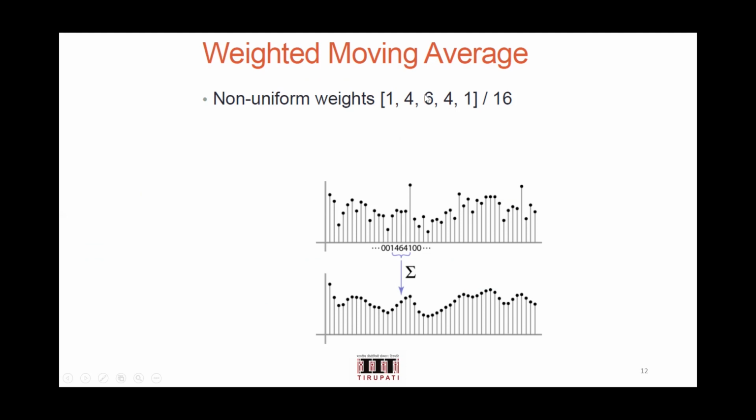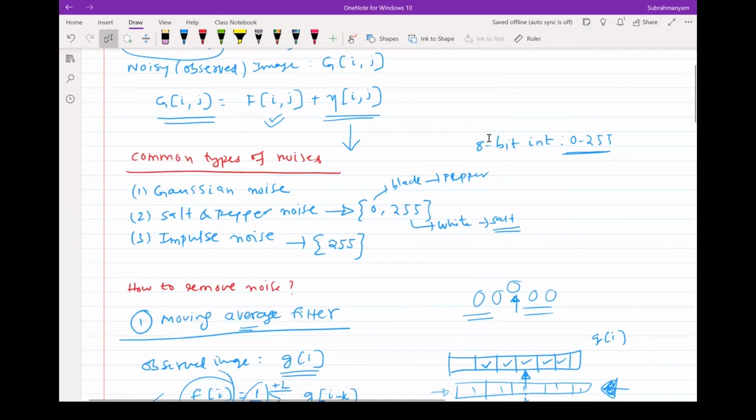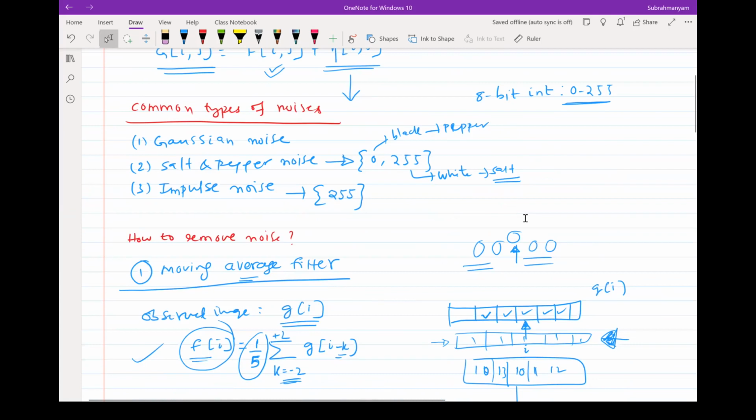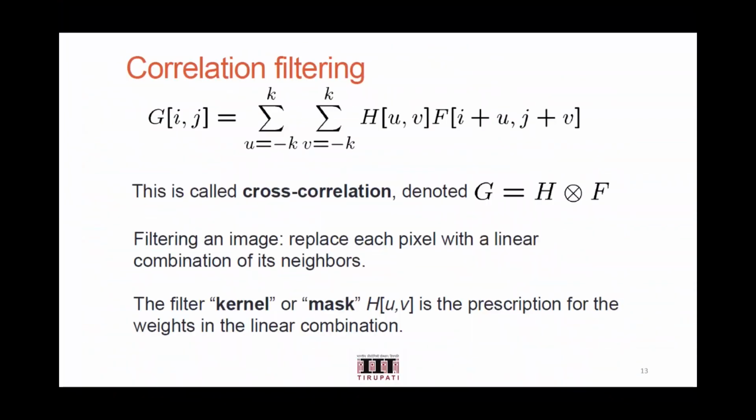Okay, so when you are summing up and computing the value at this particular location, you are giving more weight to the pixel which is right away at the center of your kernel. Give relatively less weight, and even relatively less weight as you move away from the center. Okay, and this is something you could refer to as non-uniform weights. And now you could notice that your mask could be, for example, 1 by 16, 4 by 16, 6 by 16, 4 by 16, and 1 by 16. That's the mask you would use here. And then you do a simple autocorrelation there. That should give you the answer.